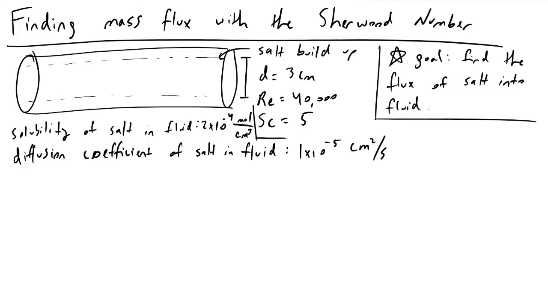And so the very first thing to recognize when you're dealing with these problems is the importance of Reynolds number. And Reynolds number right here dictates whether or not we are in the laminar or turbulent regime. And the sets of equations that we're going to use are all going to be based off what Reynolds number we have. In this case, Reynolds number is 40,000, and in general for fluid flow through a pipe, if Reynolds number is greater than 10,000, we are considered to be operating in the turbulent regime. And so now that we know that we are in the turbulent regime, we can turn to one of the